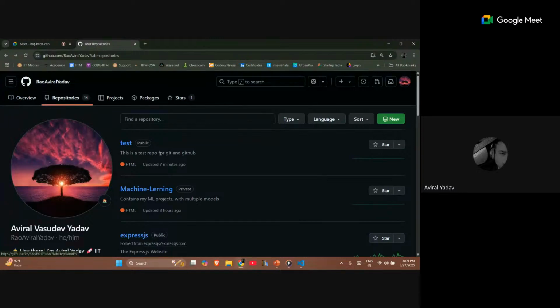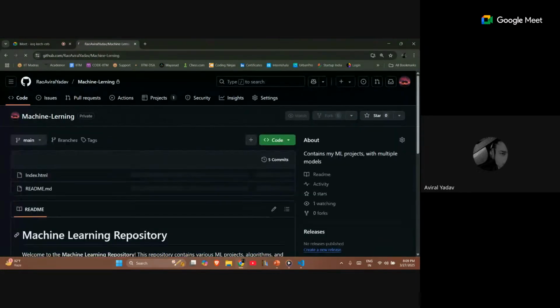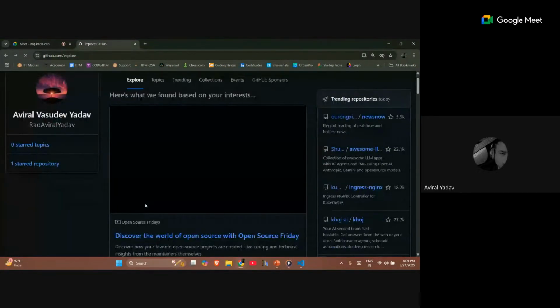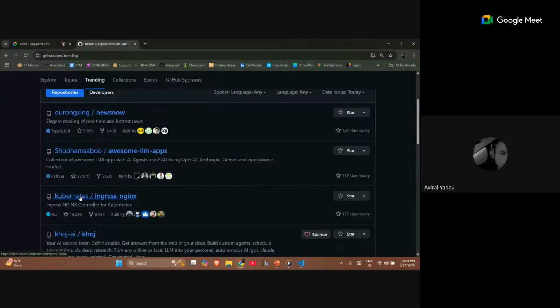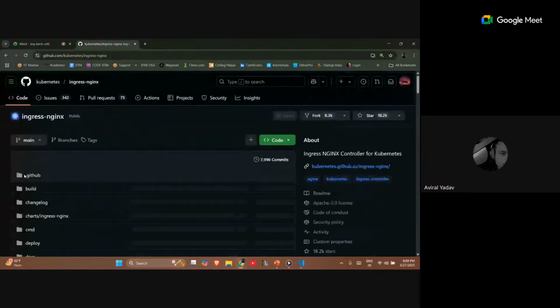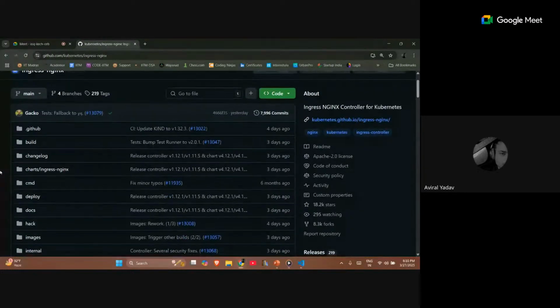Okay, there we are on repositories. And let's go to trending, and Kubernetes signatures. So as you guys can see, if we are saying a Git repository is like a folder, it would be able to have multiple folders within it.